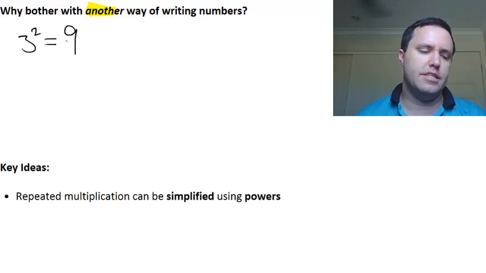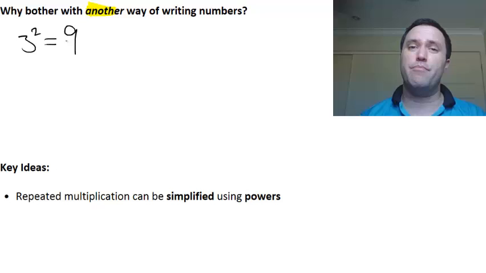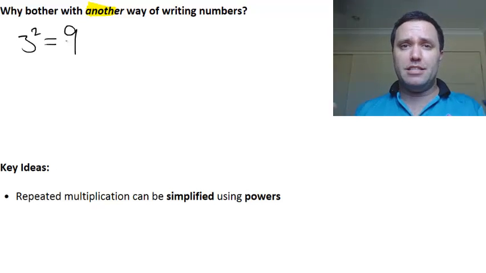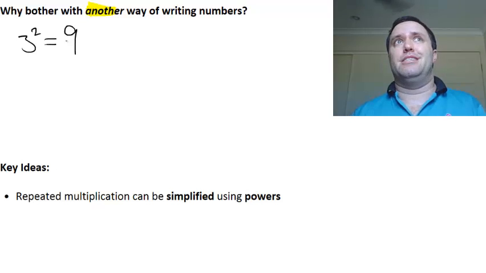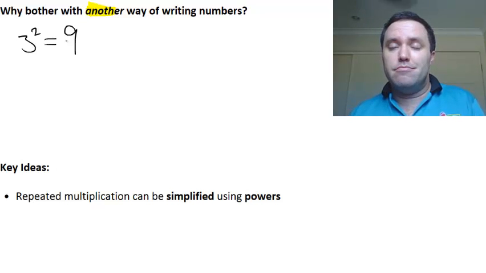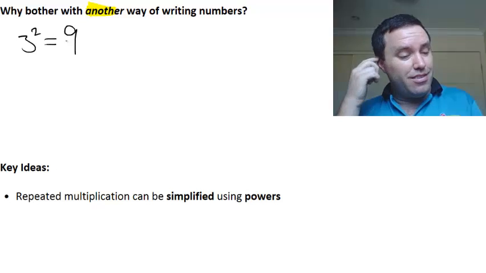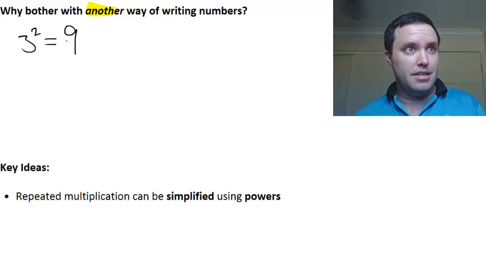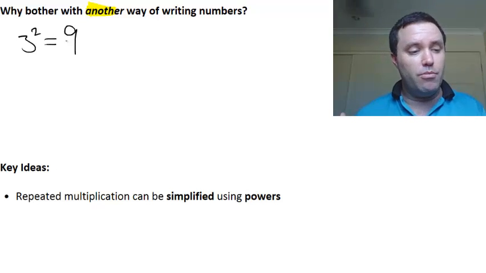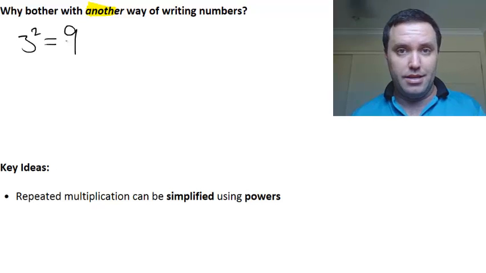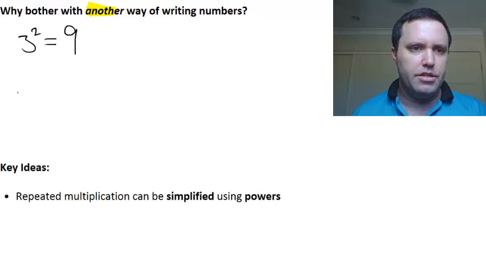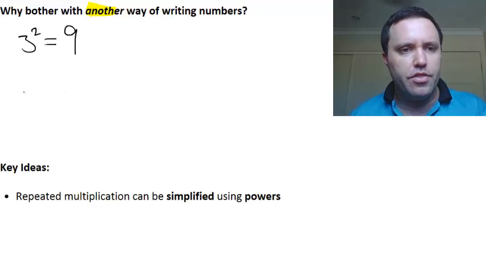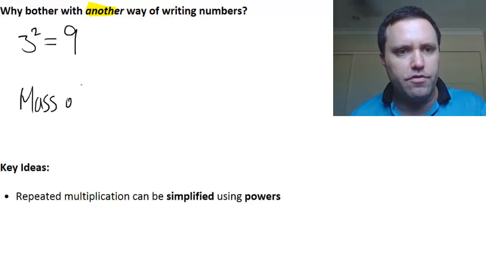Well, the reason is because have you thought ever about how much the mass of the Earth is? And you might think, oh, is it a billion kilograms? Well, it's actually a billion, almost a billion kilograms. And so that's a lot of zeros to worry about. So we write that we can say the mass of the Earth